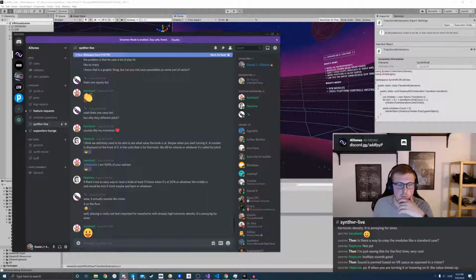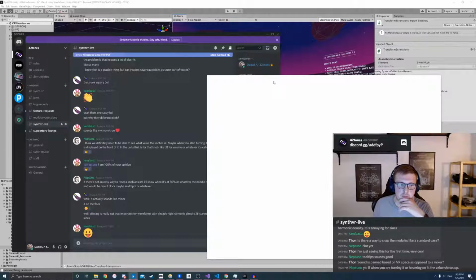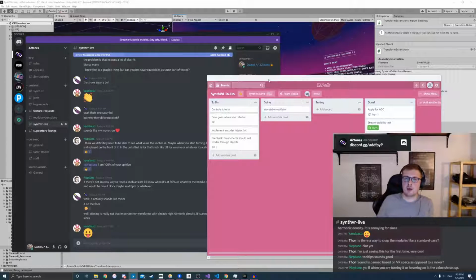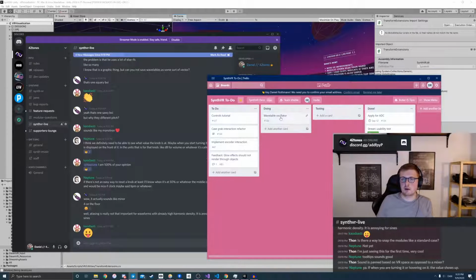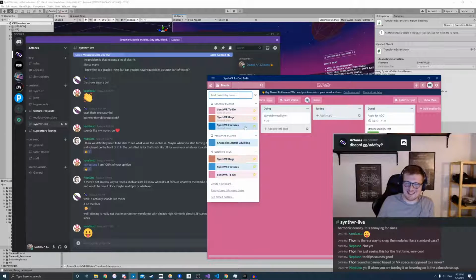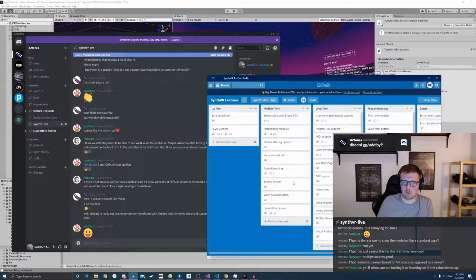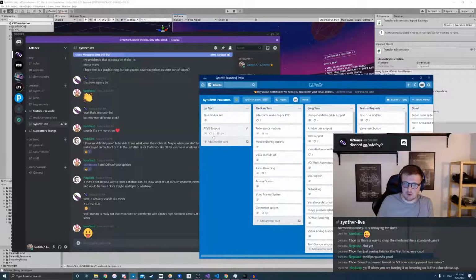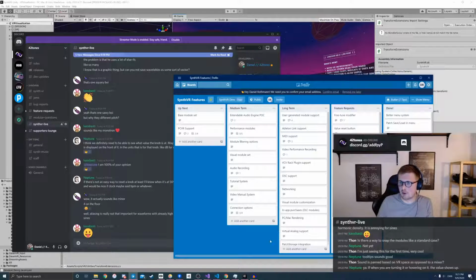Let me just note it now. I'm gonna open up Trello. We're doing a wavetable oscillator, well, we're still doing it. I was gonna finish it since I'm so happy that this worked out. I'm so happy about it. But this idea here, it's good. So we're gonna do